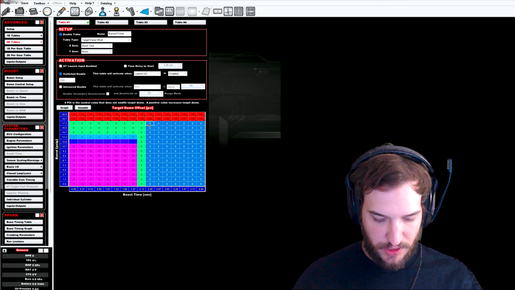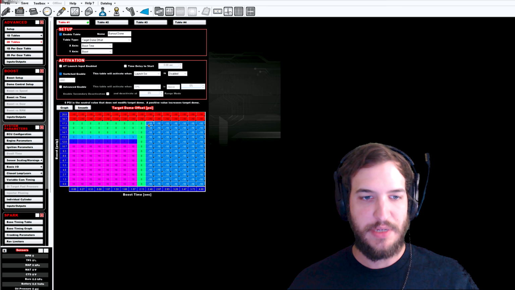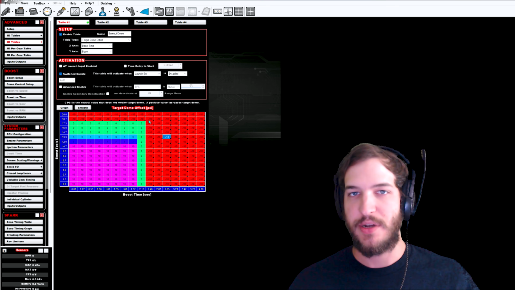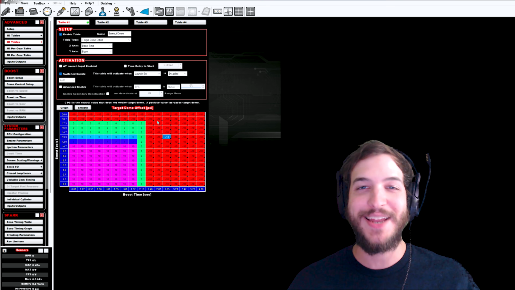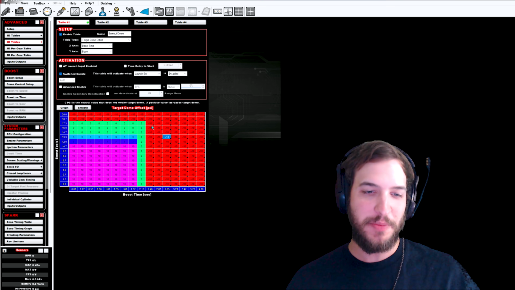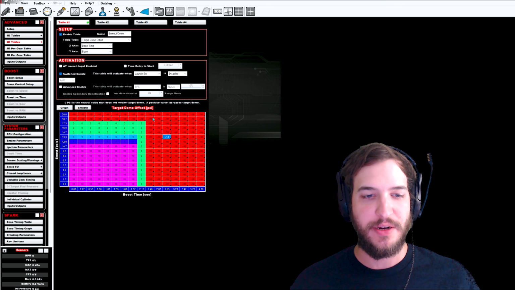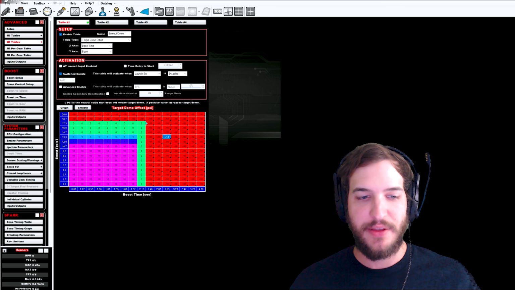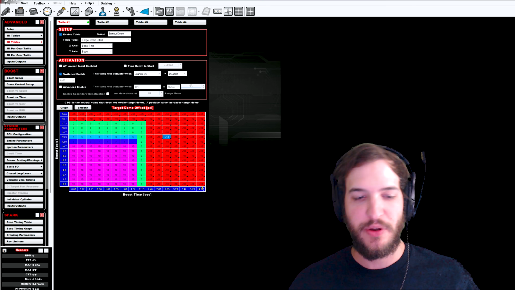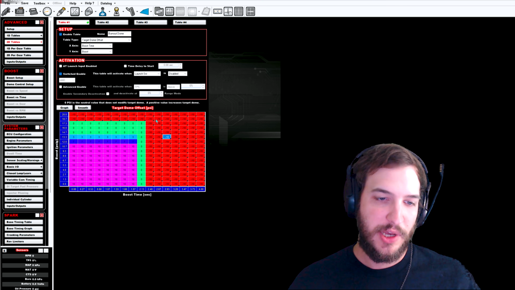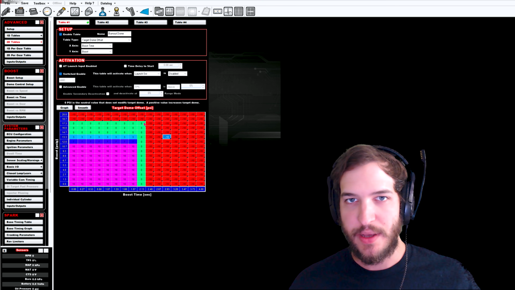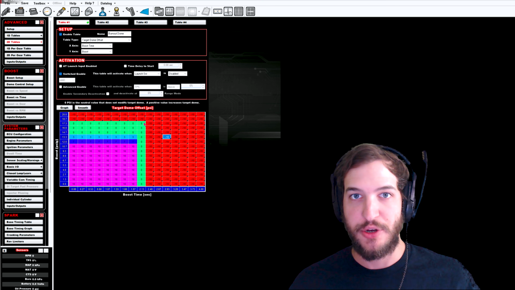So what you can do here is now we can pull 10 degrees of timing. Or not, sorry, 10 dome. We can pull 10 dome here, and so then it'll kind of float in here, right? Pulling 10 on the dome, but you got 20 or 30 in the actual boost ramp table. So now you're only going to make 15 or 20 on the trans brake, or on your burnout, which is